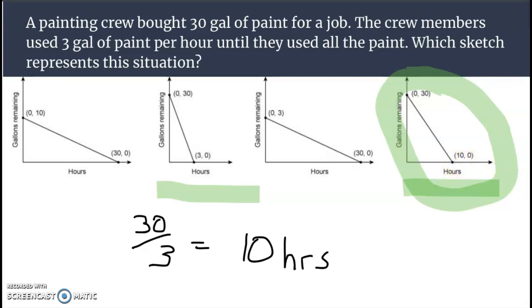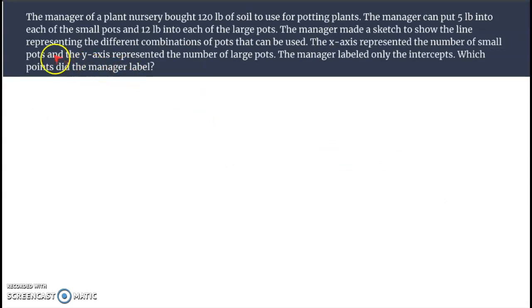And then another one similar to this, just without the aid of the graph, says a manager of a plant nursery bought 120 pounds of soil to use for potting plants. The manager can put 5 pounds into each of the small pots, 12 pounds into the large pots. We've got 2 pots, small and large. The manager made a sketch to show the line representing the different combinations the pots can be used. X-axis is the small pots, y-axis is the large pots. The manager labeled only the intercepts, which points did the manager label? Well, let's first get a